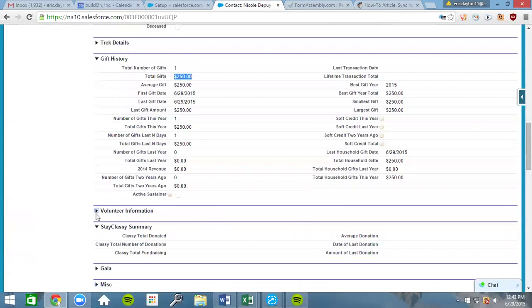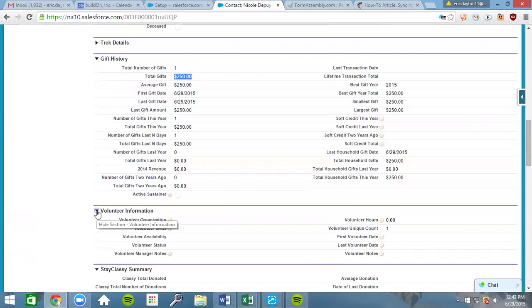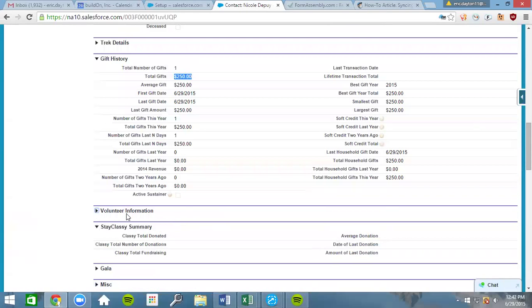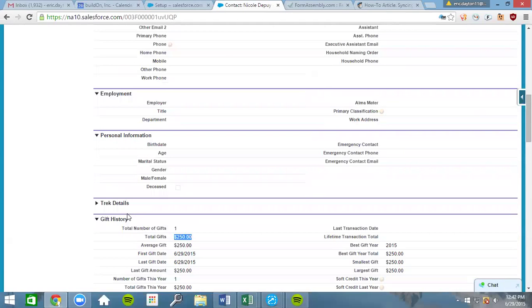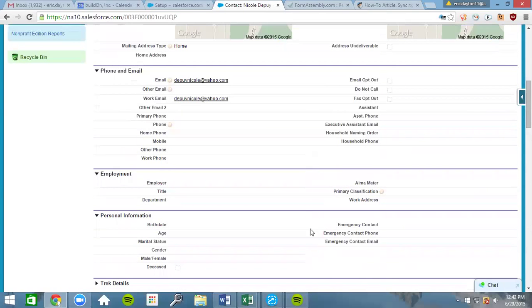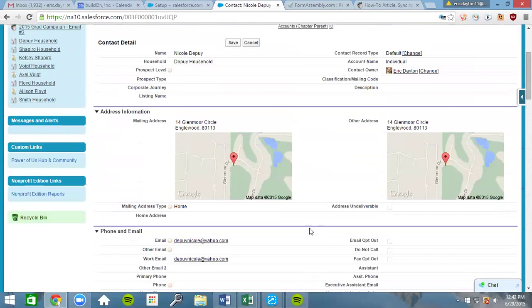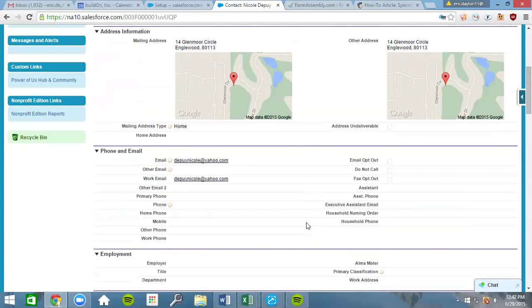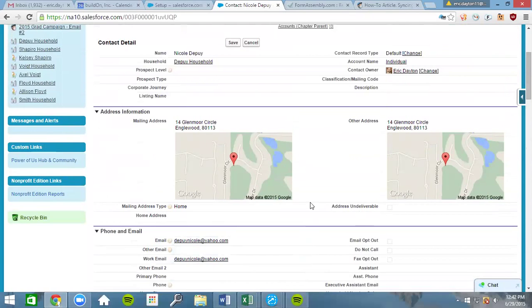Volunteer information is only for students, so that wouldn't be there. You could use them, but really nothing would come up after that first sync. Just for a regular donor, a standard donor or event attendee or Trek participant, you're going to have contact information,